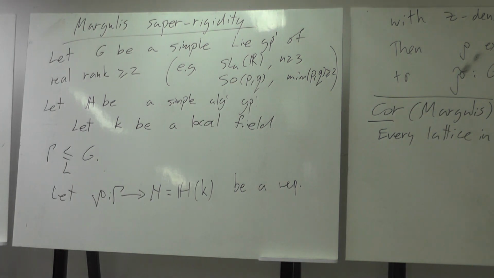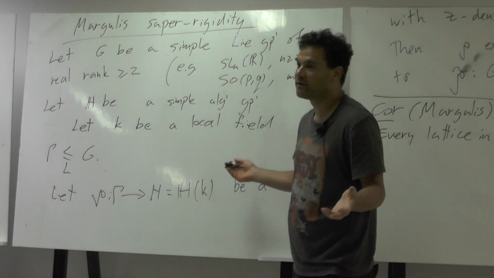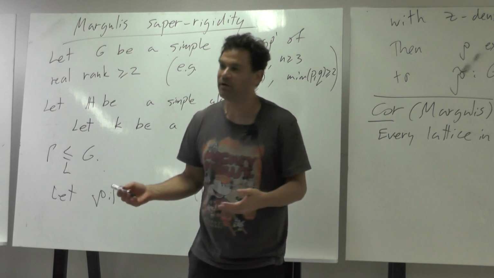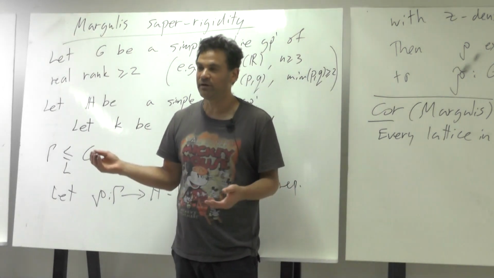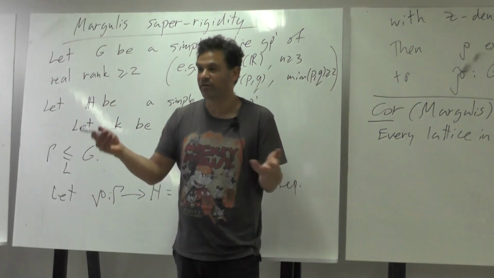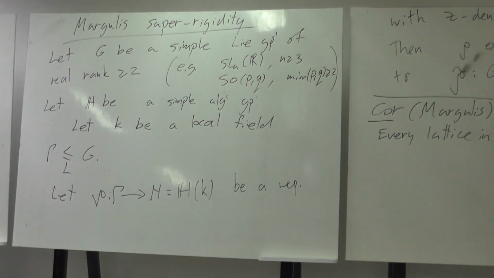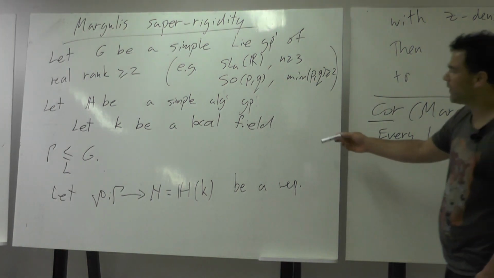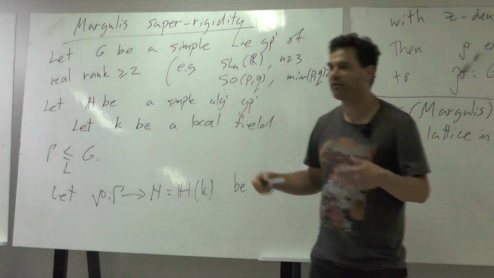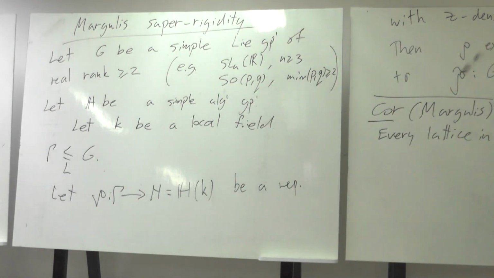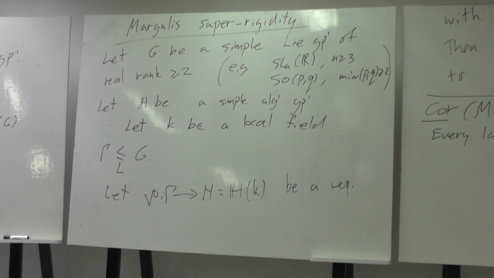So if the field is Q_p, then the conclusion is that such a thing doesn't exist. You have a map from SL3Z to SL3Q_p, but the image is in SL3Z_p. It's bounded. So you don't have a map which is unbounded. And the fact that the image is Zariski dense in a simple group, you can assume less. All you really want is that the center of the Zariski closure is trivial.